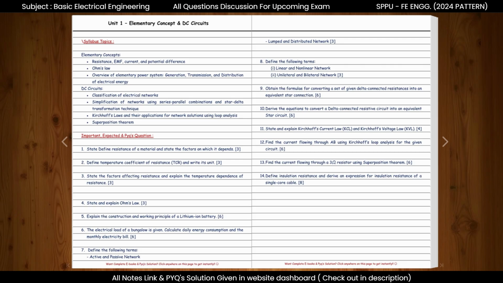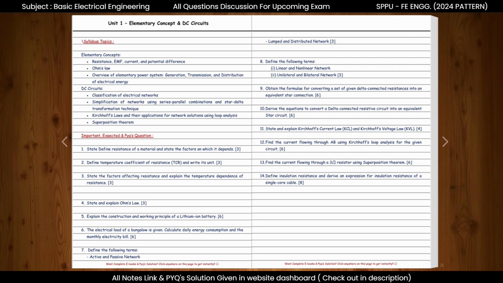Alright, let's move on to our next important topic, superposition theorem. From this topic, we can expect questions such as, find the current flowing through a 3 ohm resistor using superposition theorem. The superposition theorem says that in a linear circuit with more than one source, the current through any element is equal to the sum of the currents produced by each source acting alone, while all other sources are replaced